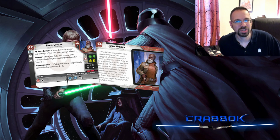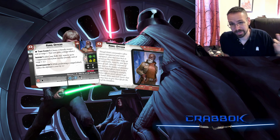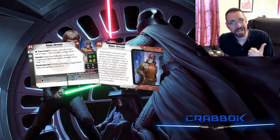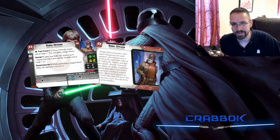Very well rounded, just not super impressive, but just decent. What's nice about him is he's 50 points and he's your commander, so that's cool. He's got take cover 1, which gives a dodge token, so kind of like Leia. He's got inspire 1, kind of like Leia, and he's got sharpshooter. All in all, it reminds me a lot of Leia, just cheaper and not quite as good, but still having